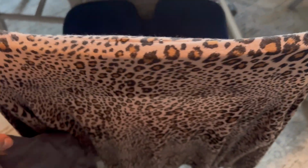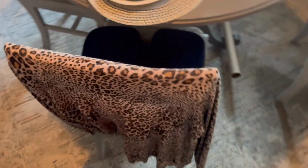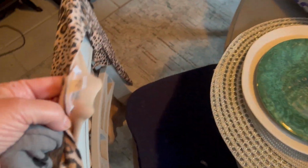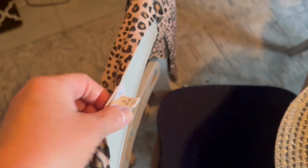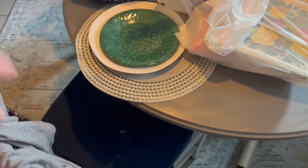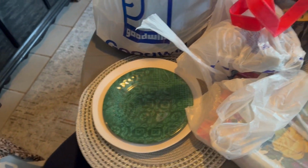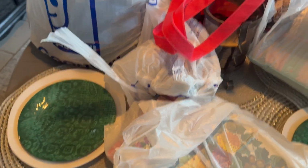And I got this really great leopard print cardigan. I guess I never know whether it's leopard or cheetah. It's supposed to be pretty hot. This is an old Walmart one from Time and Tru, but it was in really nice shape, and I picked that up. Also, those both came from Sox thrift store earlier in the week. And then